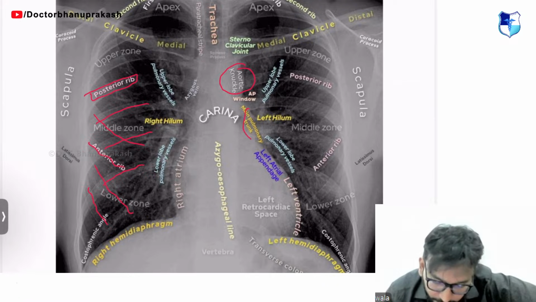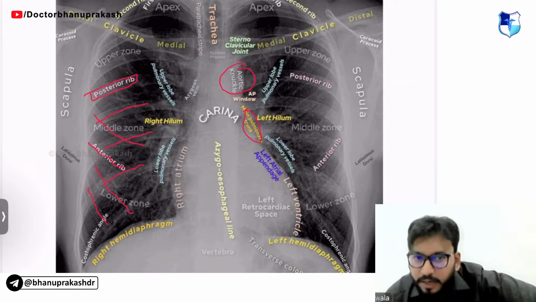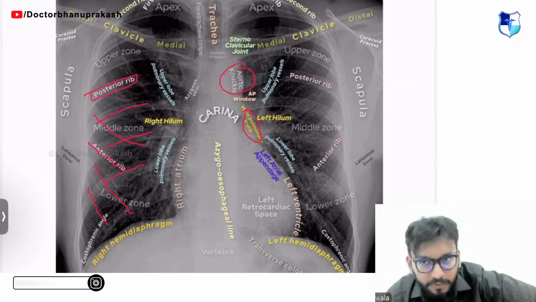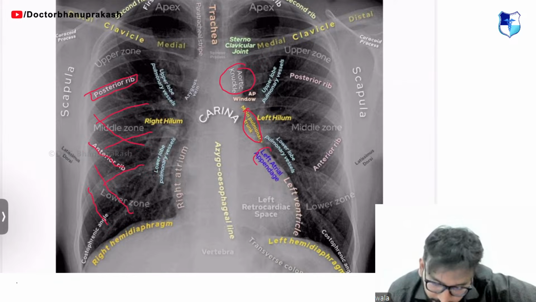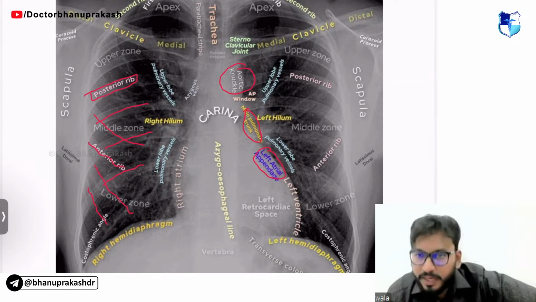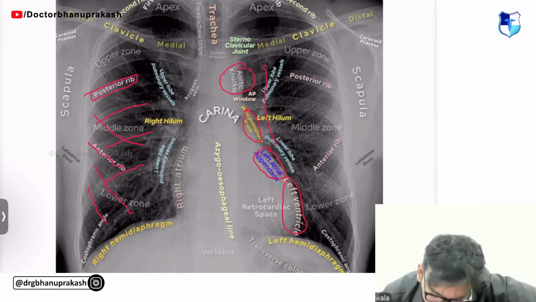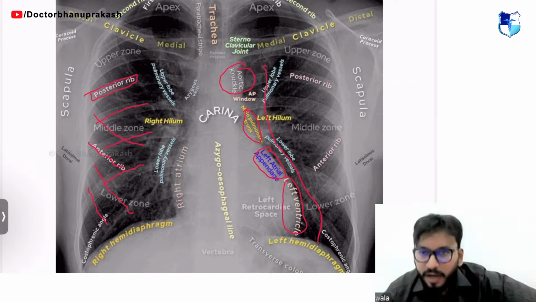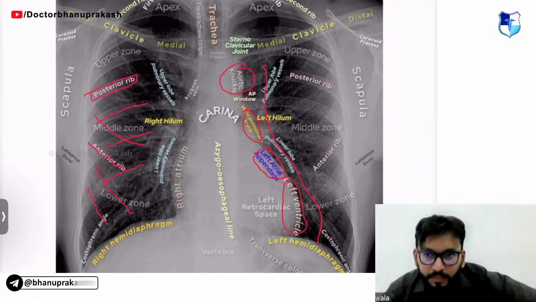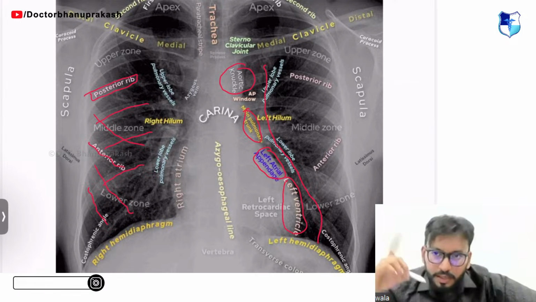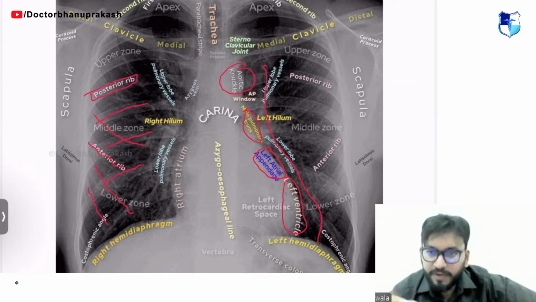Then it moves down to your pulmonary trunk, the main pulmonary trunk or the left pulmonary artery. It can be any one of those. The pulmonary artery is the second structure. The third structure is the left atrial appendage. And the final structure is your left ventricle. Can you see this? Beautiful left heart border, guys. Starting with the aortic knuckle, the pulmonary artery, the left atrial appendage, and the left ventricle. This is your left heart border.